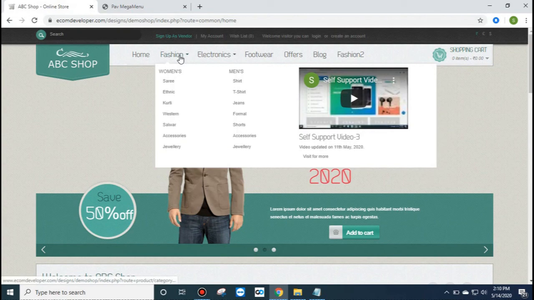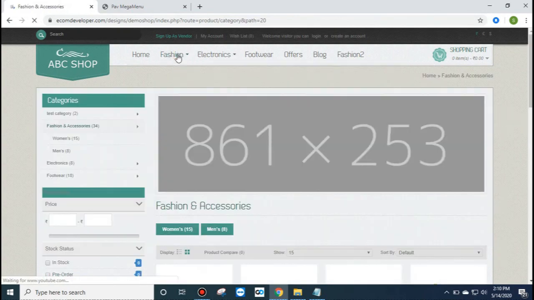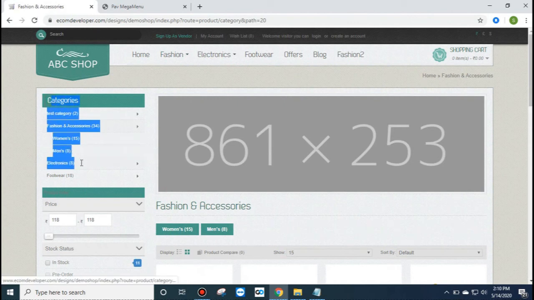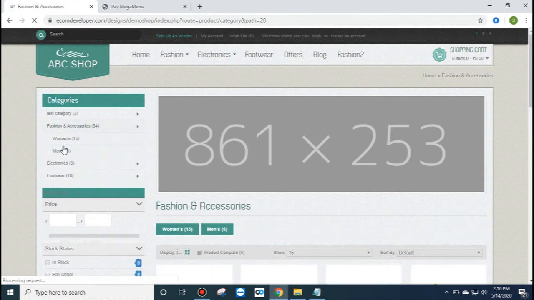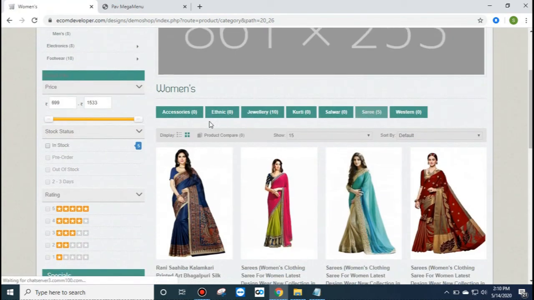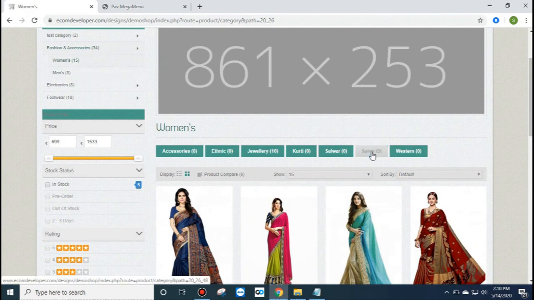But before that, click here and you will see the original set of categories are available. So go to women, and you can see these are the further subcategories within the menu within women's. So click sari for example,